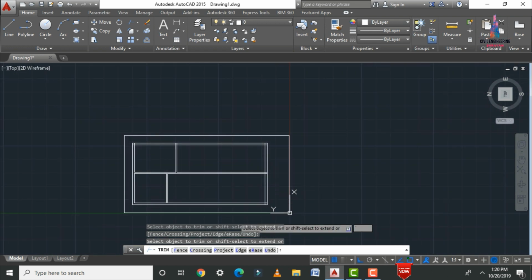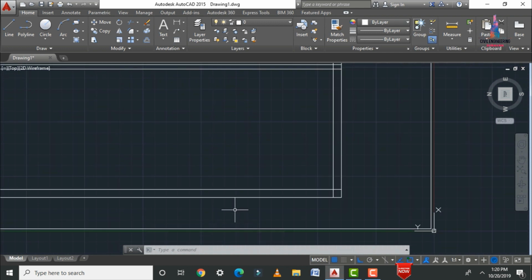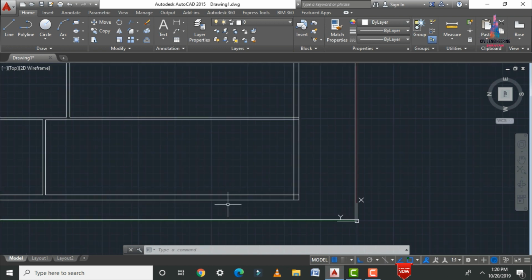After that we have to draw the remaining portion of this building. Initially I am drawing the kitchen portion here. For that, initially we need to assume the horizontal distance as well as the vertical distance. So here I am considering the horizontal distance to be 11 feet. Let us consider. Here I am taking one more offset at a distance of 11 feet 0 inches.